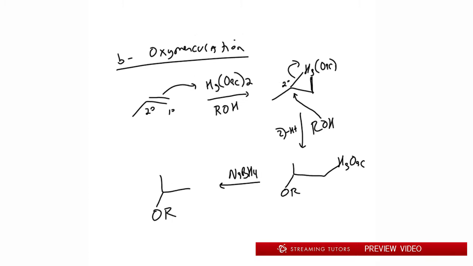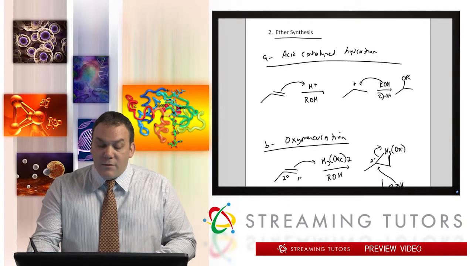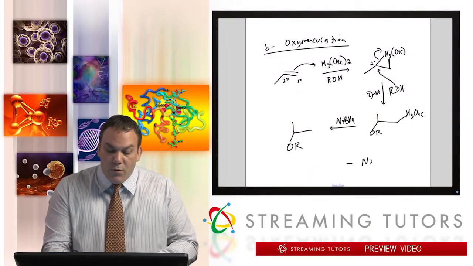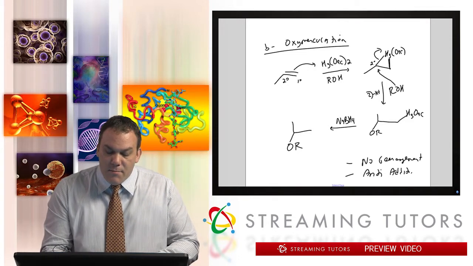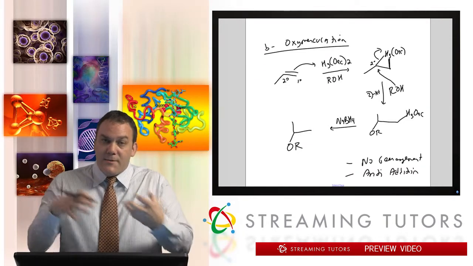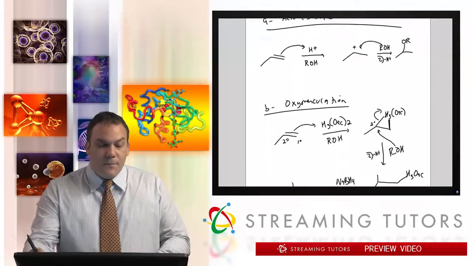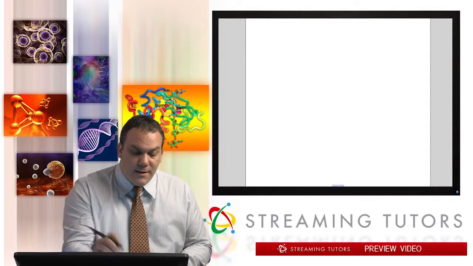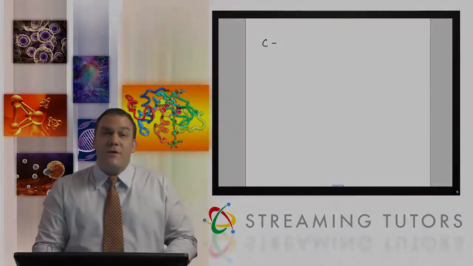So we can make ethers through acid catalyzed hydration. We have rearrangement. We can make ethers through oxymercuration. Remember the key here, why we use this? There's no rearrangement, right? And it's an anti-addition. So the mercury and the OR are going to come on opposite sides of each other. All right, so that was the ideas for this right here. Now, the next one, C, is not what you might think. So you might be expecting hydroboration, but there is no hydroboration. You can't make hydroboration from